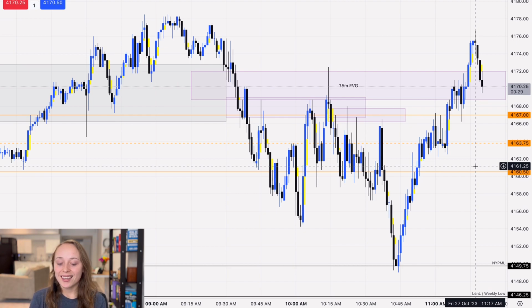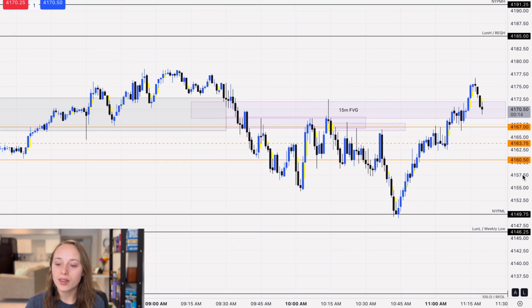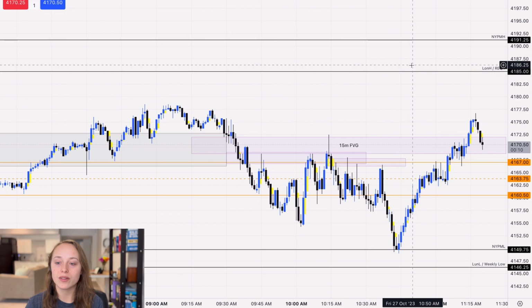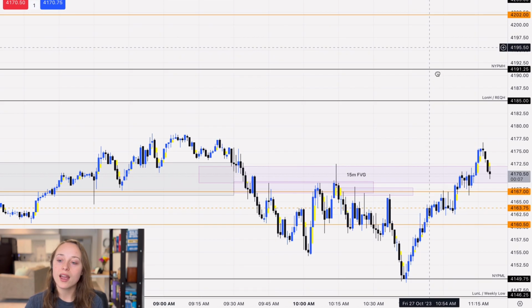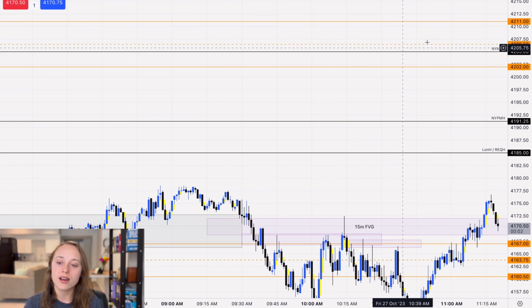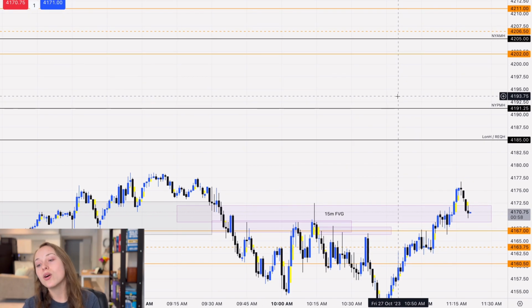So yeah, I didn't take a trade this morning, but it was nice to see us come down into those New York PM session lows and then trade higher. And eventually we could probably take out these highs. And then if we were going to go higher, I did have these marked out here: the London session highs, the relative equal highs, New York PM session highs, and then we never closed in this new day opening gap. So the upper quadrant of this new day opening gap could be a potential draw on liquidity next week, or if we get animated in the afternoon.